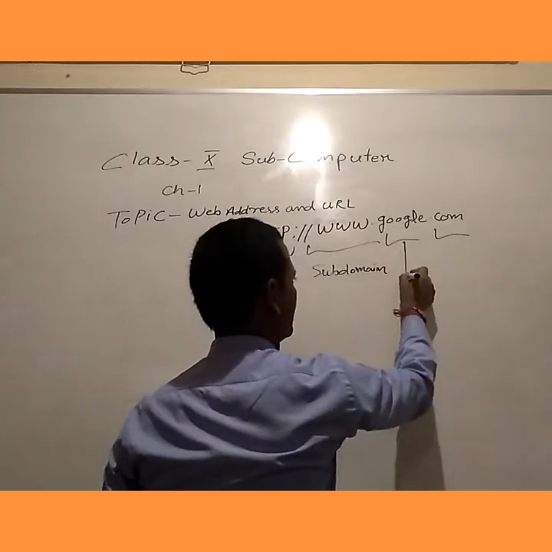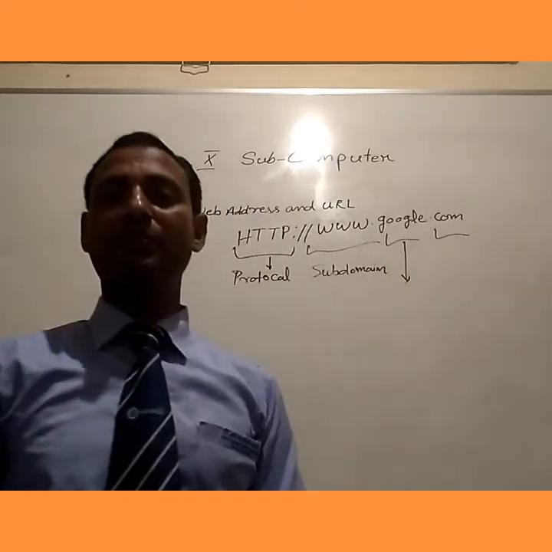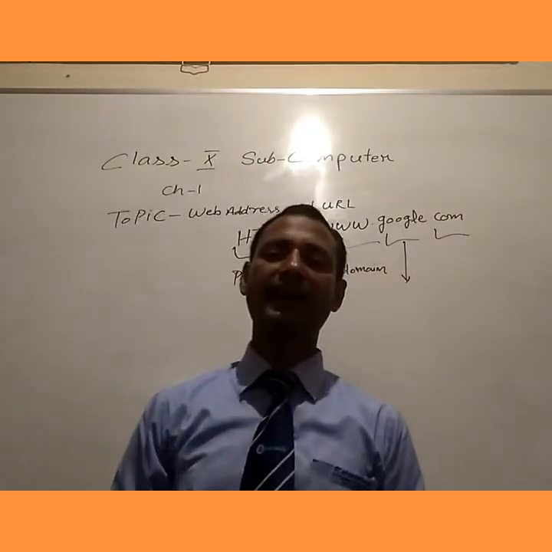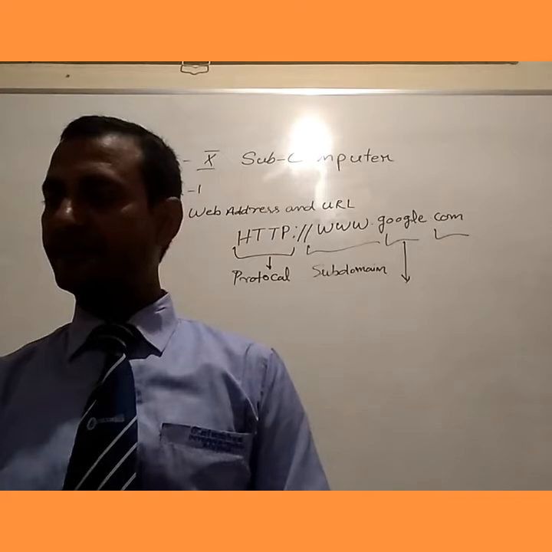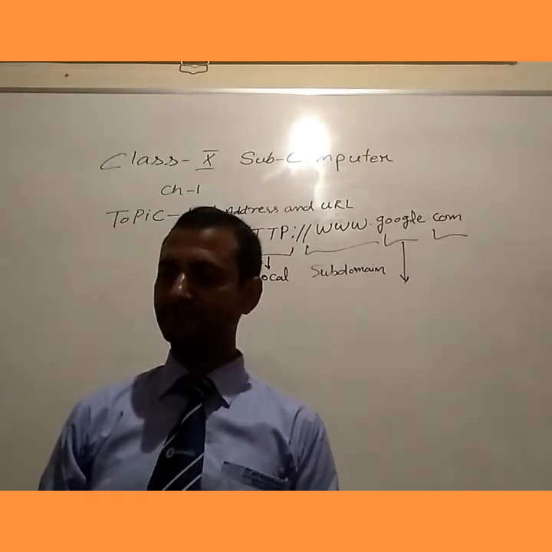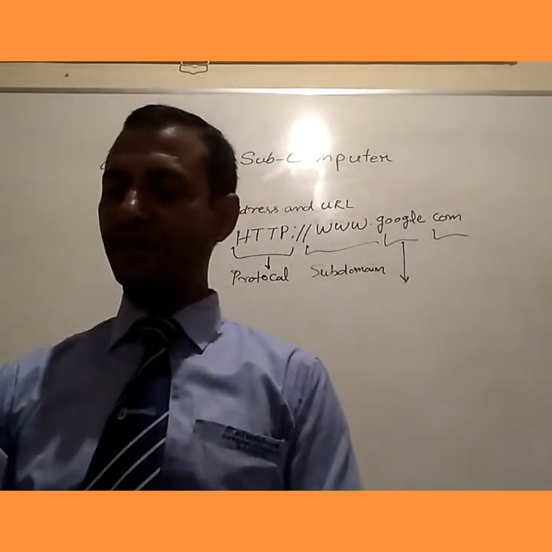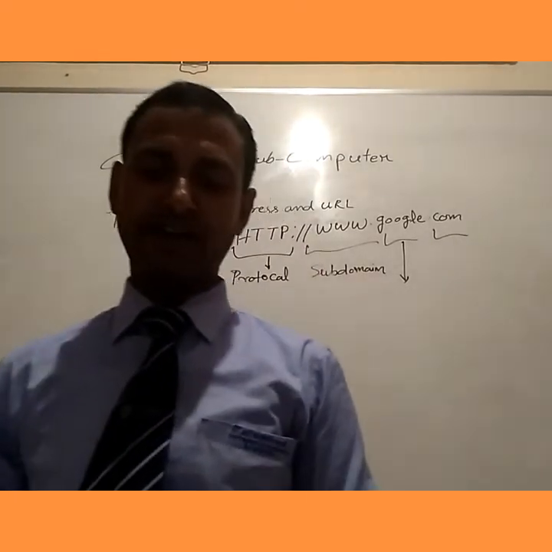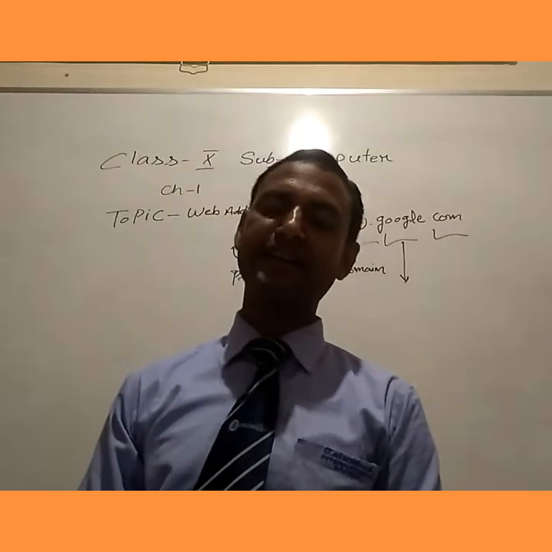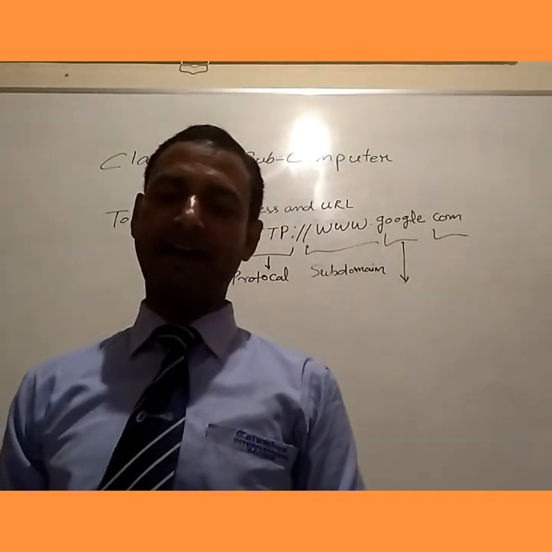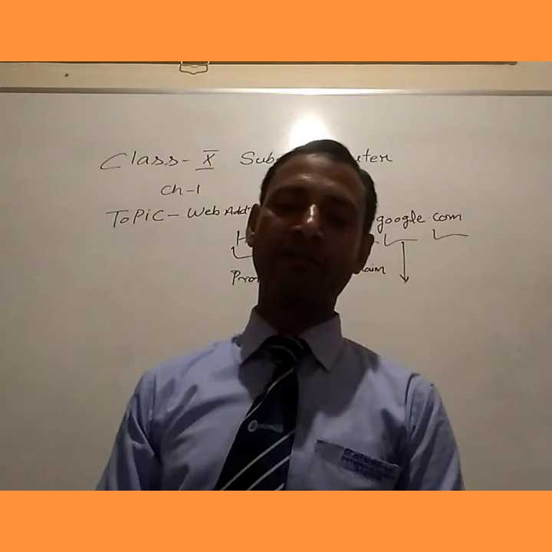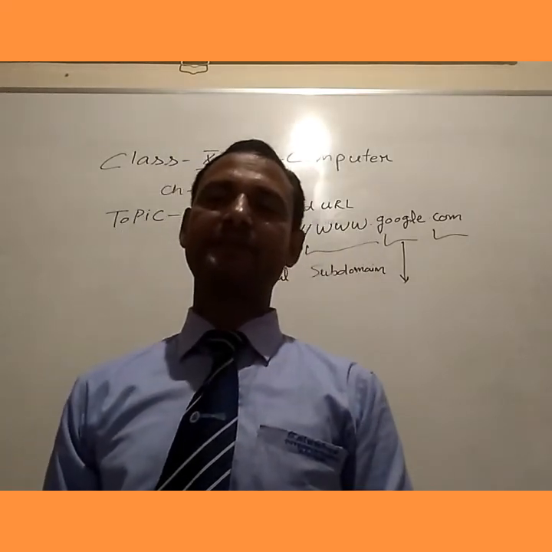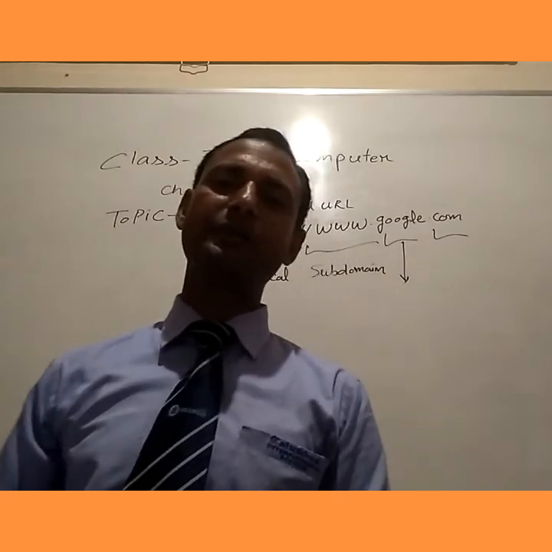Subdomain name. www is the address, World Wide Web. It is known as the address of the web pages. It provides the address of your particular web page. Subdomain, we observe the www, the second component of your URL web address. The term www specifies the website that you want to access. Which type of website we want to access.